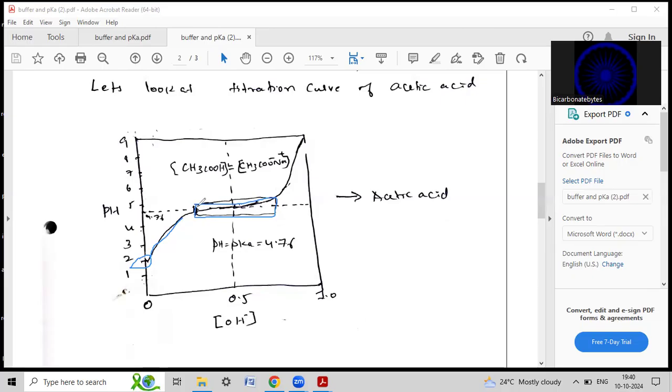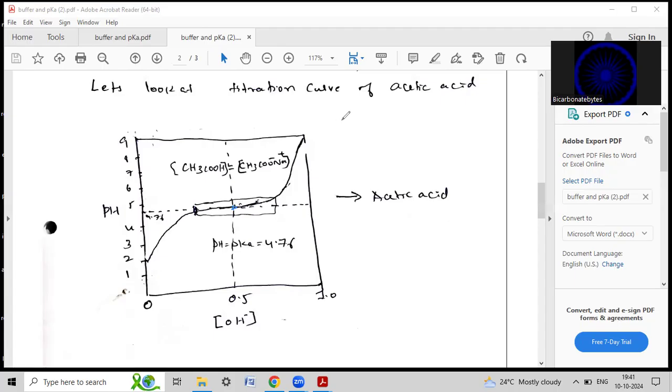In this region, the buffering component really exhibits one of the most resilient features, which is the fundamental basis of biochemistry: buffering capacity. So from here to here, even if you add a base, the pH is not going to change. Now the midpoint of this flat line taken back to the y-axis is your pKa. The value of this curve in terms of helping you understand the importance of pKa is that if you hold your buffer at this pH,